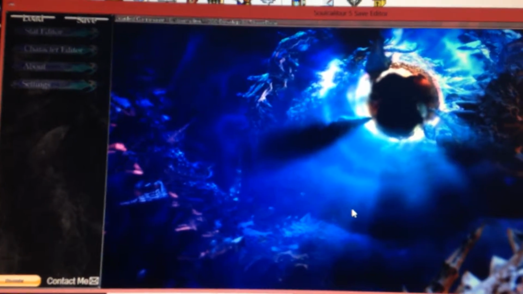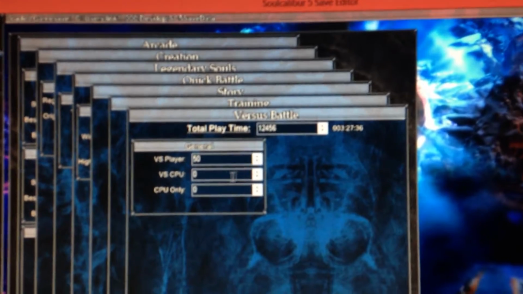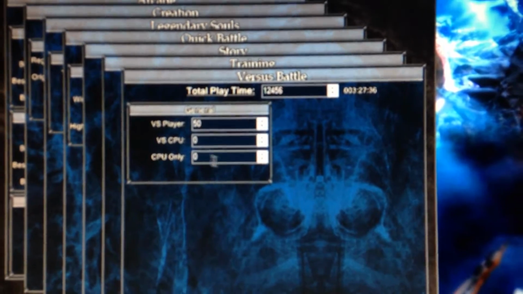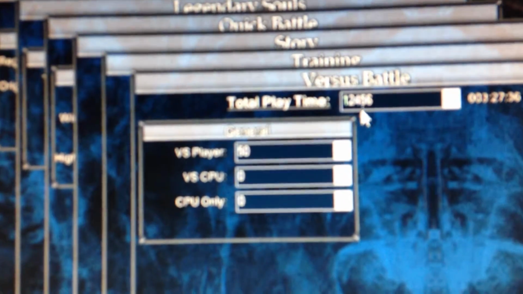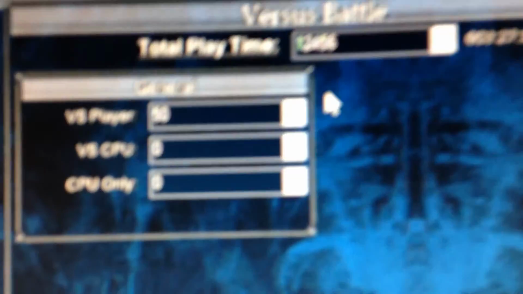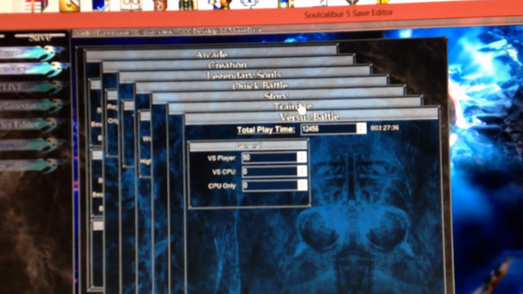I know the video sucks, and let's see if I can just clean it up quickly. Bear with it. Okay, readjusting itself. Okay, so once you've loaded your save data, you can start editing it however you want. So you can go to your offline mode. The verse battle, how many times you've versed different people, and so on. Mine kind of sucks for quality here. I apologize again. I don't know why it's going like that. It just hates me. Alright, so you got your verse battle, your training,